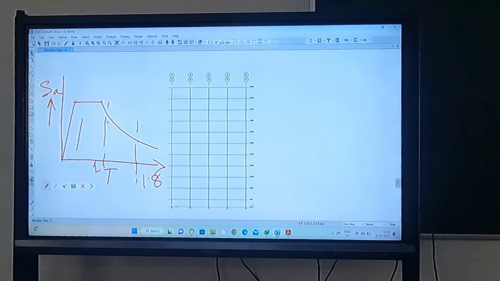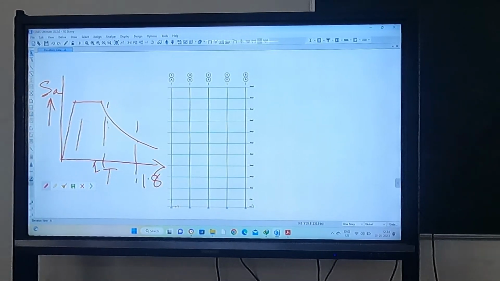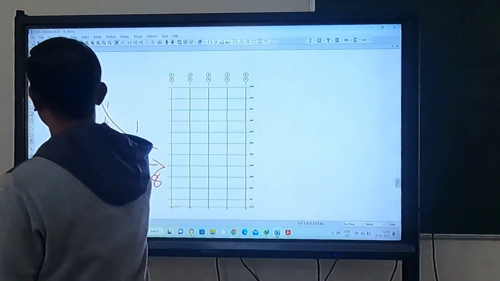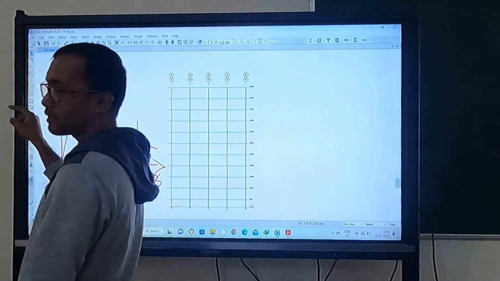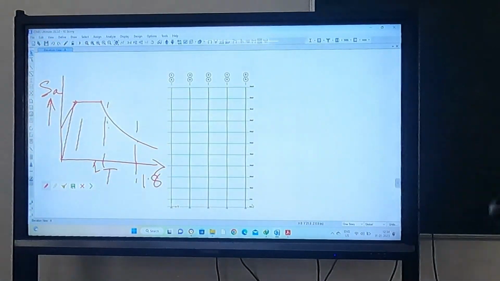Okay. Sir, it is giving the lesser period. The spectrum is not started from 0, it is started from EPGA. Sorry, EPGA. Response factor. Okay, it doesn't matter, because anyhow we are not going to use it this way. So you understood, right? Why the code is giving the lesser period.